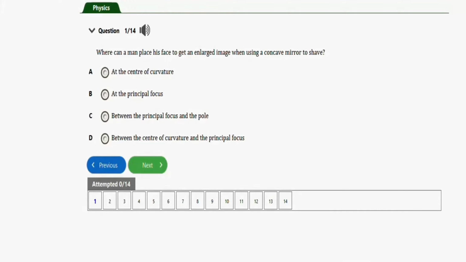In this video, we're going to learn how to solve problems involving JAMB repeated physics questions under the subtopic formation of images with plane, concave, and convex mirrors in reflection of light. So let's get started. The first one I have here says, where can a man place his face to get